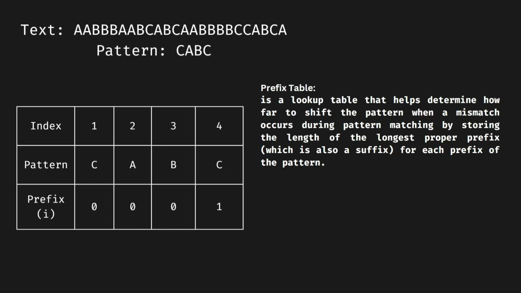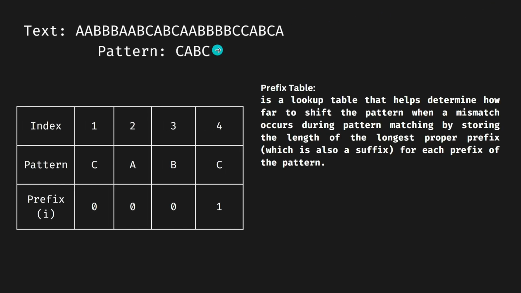So we're given this example. This has a text, like I've said earlier, it is going to be our substring, and we're going to follow a pattern. For the KMP algorithm, we always use a prefix table. So what is a prefix table? A prefix table is a lookup table that helps determine how far to shift the pattern when a mismatch occurs during pattern matching by storing the length of the longest proper prefix, which is also a suffix, for each prefix of